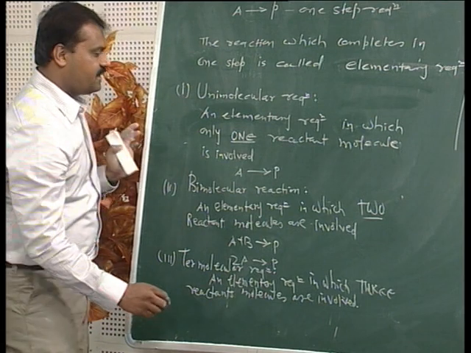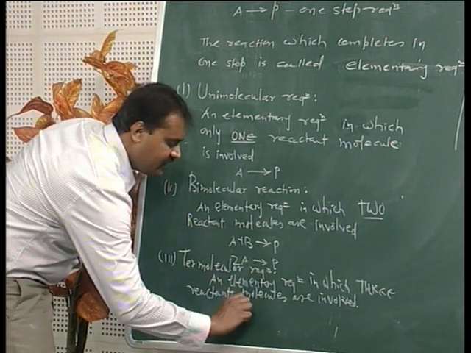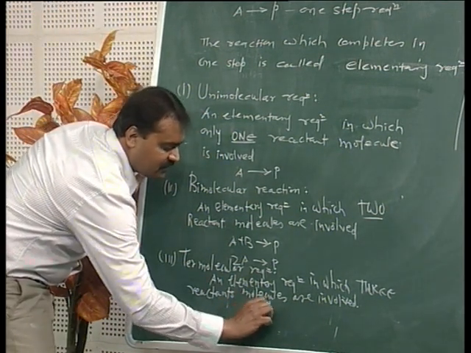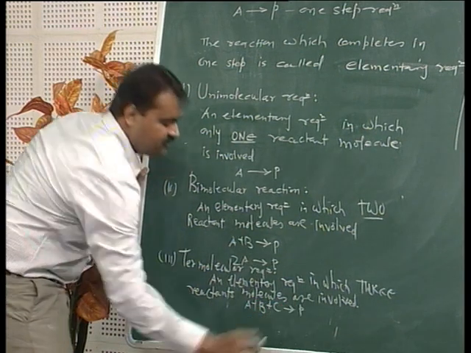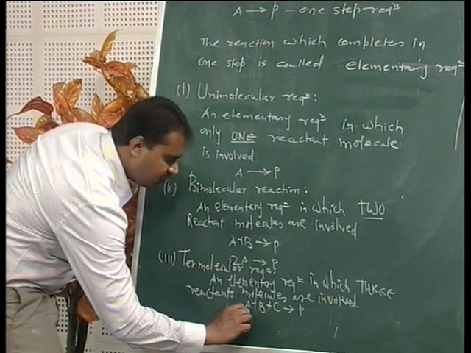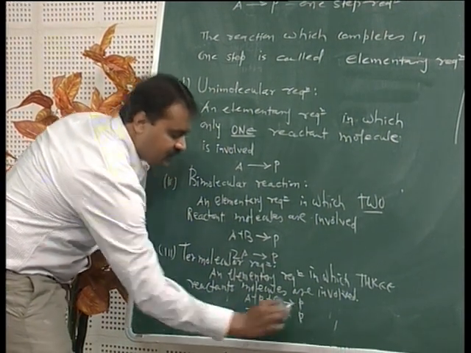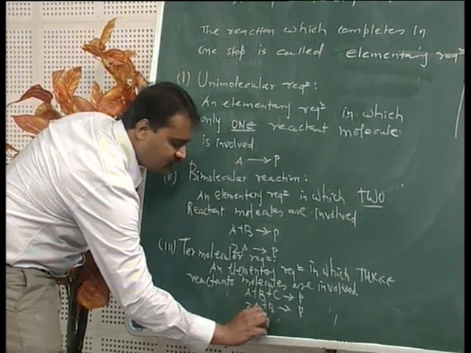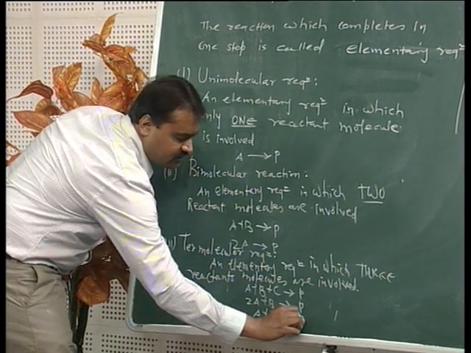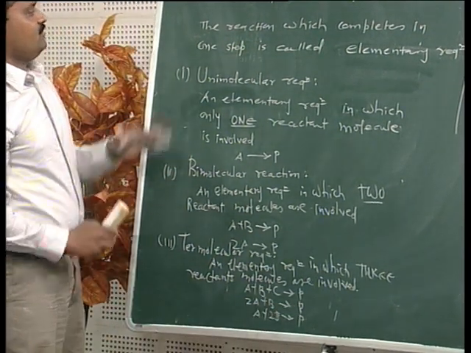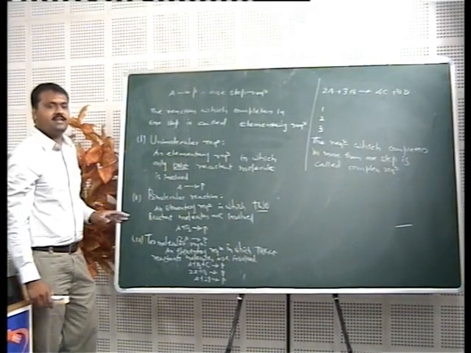So one can say that this A plus B plus C to give products, or 2A plus B to give products, or A plus 2B to give products. So this is the classification